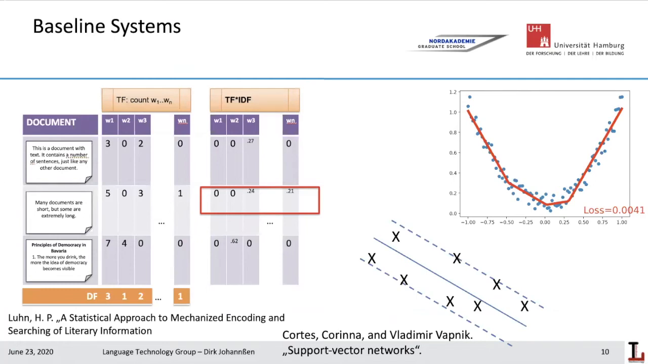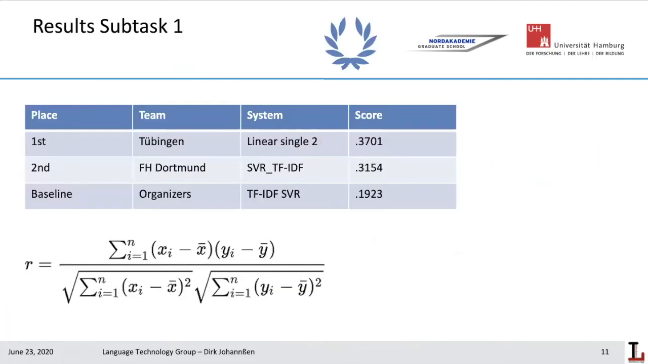Now to the very exciting part of this shared task, the placements of the participants. The evaluation metric for the first subtask was the Pearson ranking correlation coefficient. The baseline with TF-IDF representation and a support vector regressor reached a correlation coefficient of 0.19. The second team from the FH Dortmund reached 0.32 with a similar approach, and the team from Tübingen scored the highest with a linear system and 0.37. Since such a task was not solved before, this high value suggests that there is indeed a signal in the